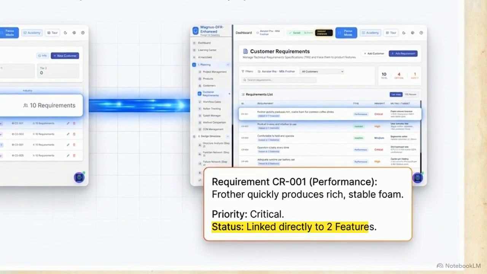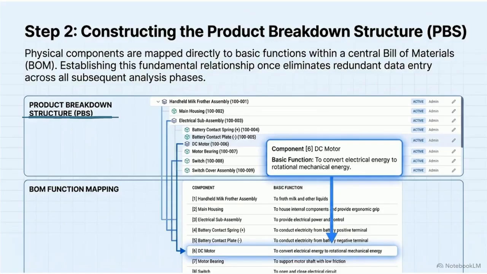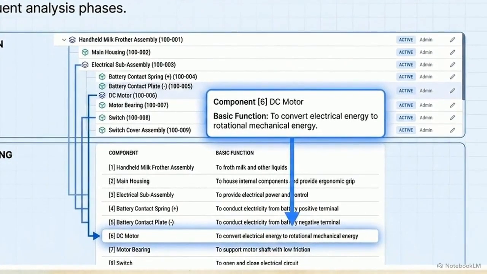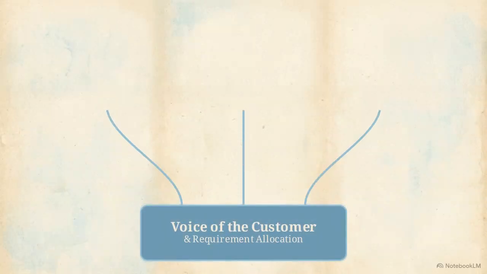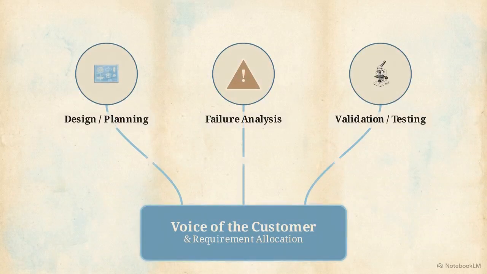That plain text customer need is then formally translated into structural engineering specifications. These specifications route into the product breakdown structure. In the BOM function mapping, specific hardware, like component 6, the DC motor, links directly to its physical function. Establishing this relationship means the component and its action are mapped exactly once. With this bedrock in place, every subsequent engineering decision, failure analysis, and lab test is structurally anchored to a specific,